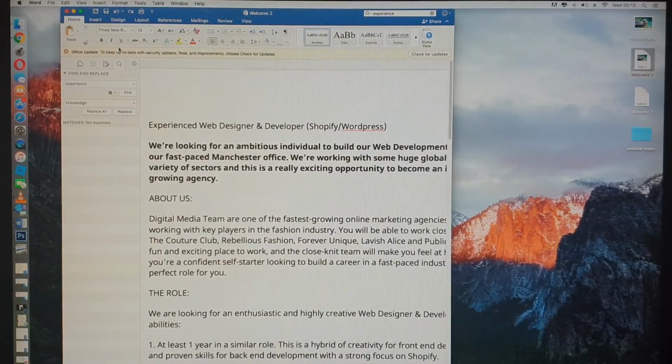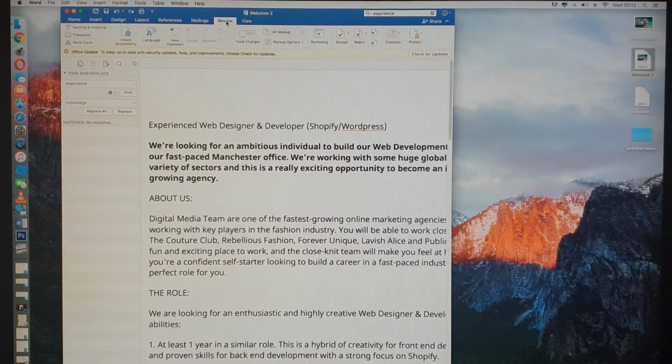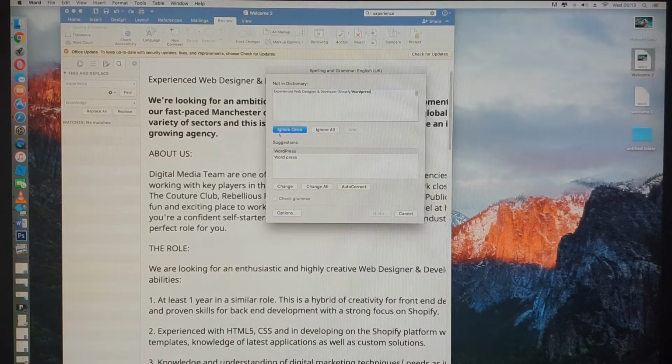Now, if you want to check grammar and spelling, you have the review tool, which you can click. And the review tool will give you spelling and grammar. Now, if you click on spelling and grammar, this will show you what is not in the dictionary. Now, you can choose to ignore once, to ignore all,